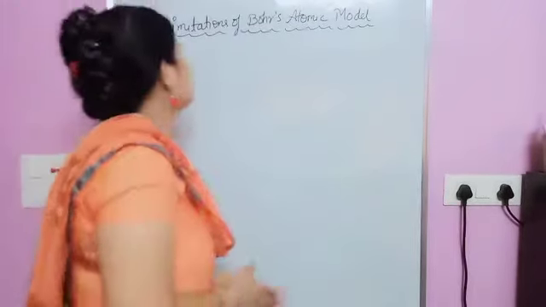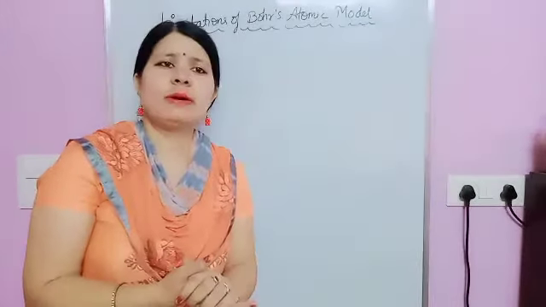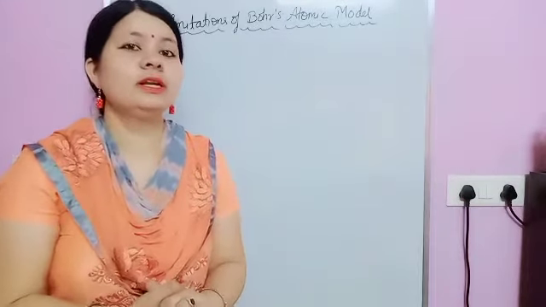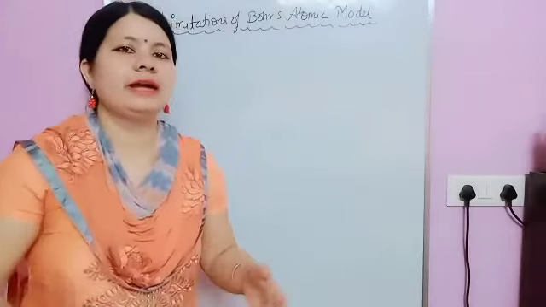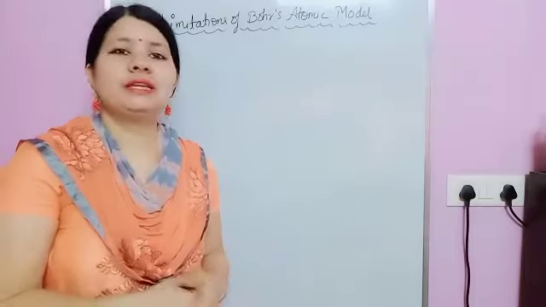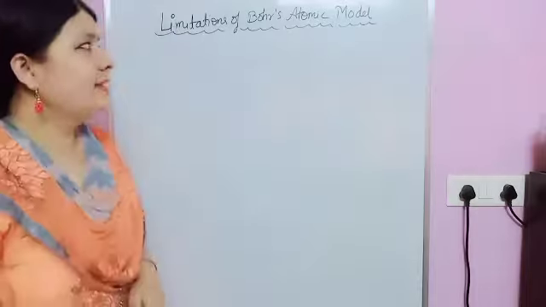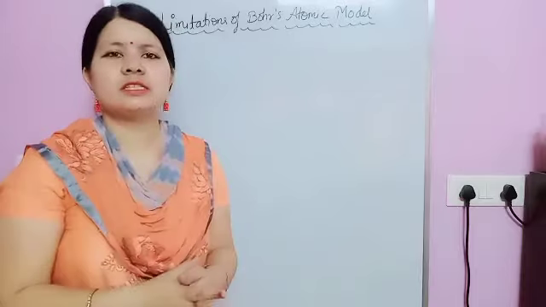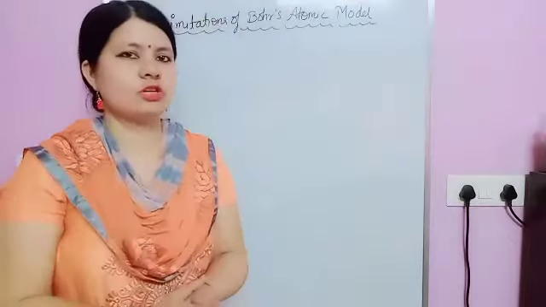Okay, our next topic is limitations of the Bohr atomic model. Now in this, the first drawback is whatever the heading says, that is the drawback, the Bohr model of hydrogen atom. Actually this model is only for hydrogen and hydrogen-like atoms, meaning only those in which one electron is present. So he failed to explain the spectrum of other atoms in which more than one electron is present, and he also failed to explain the spectrum for closely congested orbits, where going upward the energy gap reduces, so for that also it didn't give anything special.